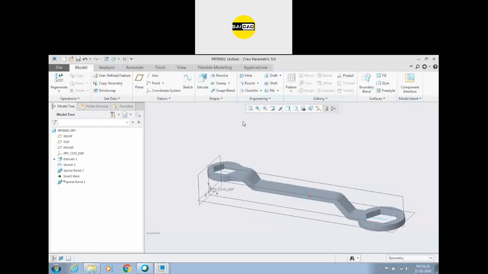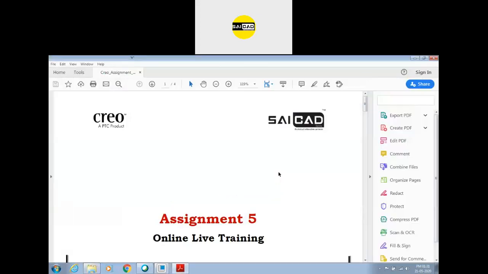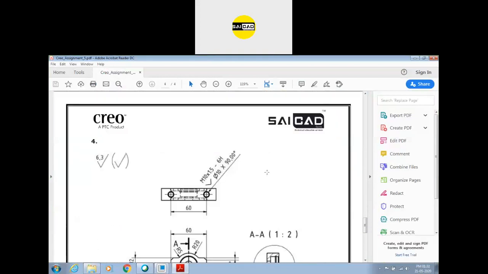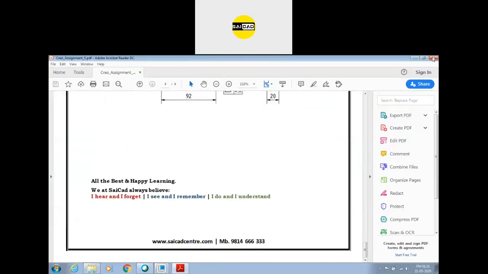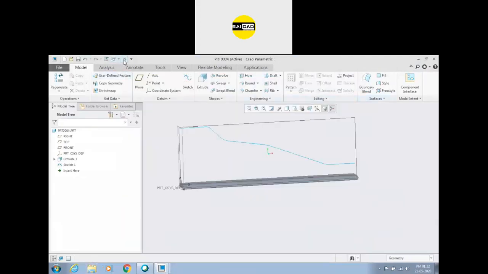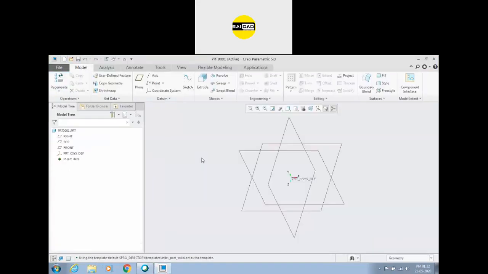Okay, so in today's session we have some options. We are going to start with the hole, round, chamfer, draft, shell and rib. First let me check the syllabus for today, and I will check the assignment also. Holes also. Today is not displayed. Go to this and clear the memory. So create a new file.